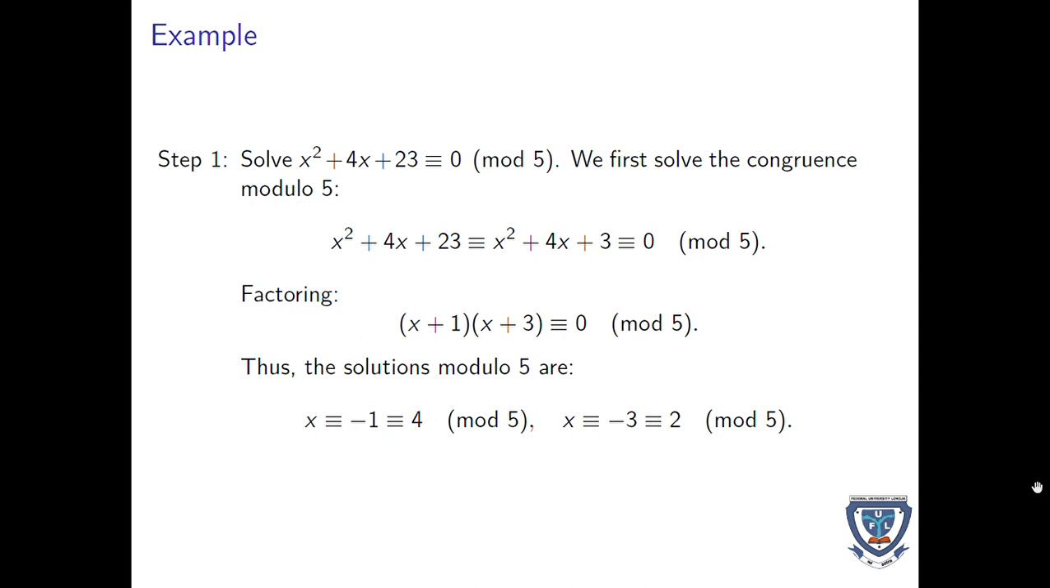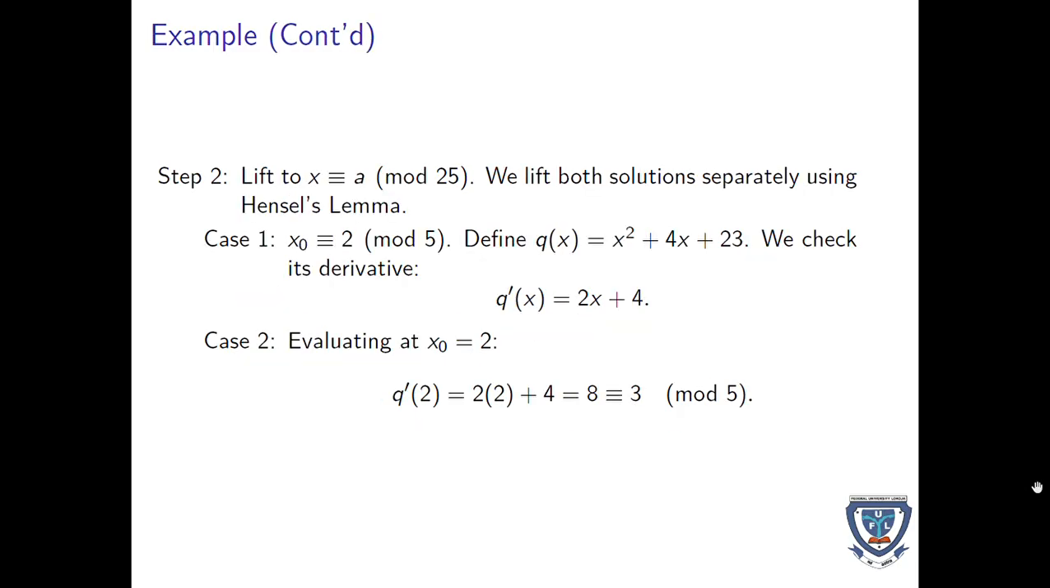Factoring will give us x plus 1 and x plus 3 equal to 0. And when you solve for x, you're going to have x equal to minus 1, which is the same thing as 4 modulo 5, and x equal to minus 3, which is the same thing as 2 modulo 5. Step 2, we are going to solve when x naught is 2